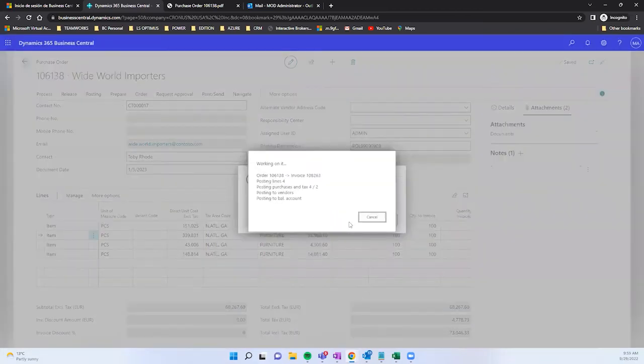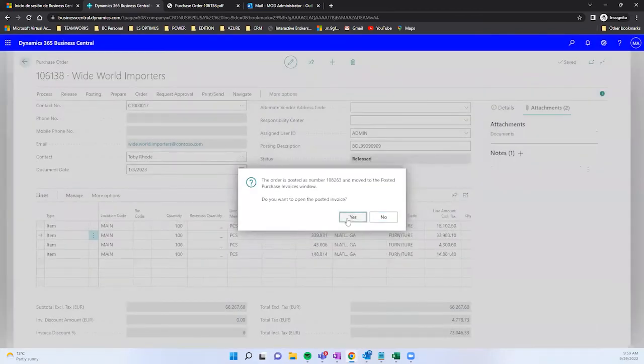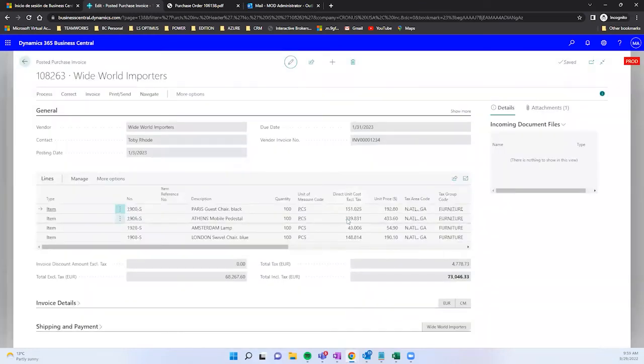So once I have done that, what I have just done in these two different documents is two things. The pay for the real cost of these items, which I have here, 151, 339. Let's try to remember these figures, okay? Let's go with the first item. This item originally with this vendor only cost me 151, but remember that later I actually paid for a freight service, so I expect to see the real cost to be increased. Let's see and